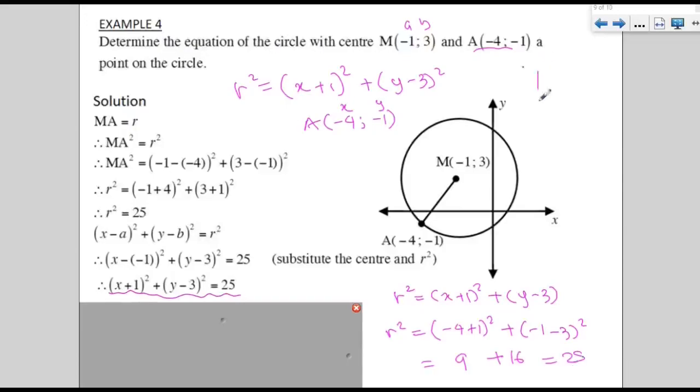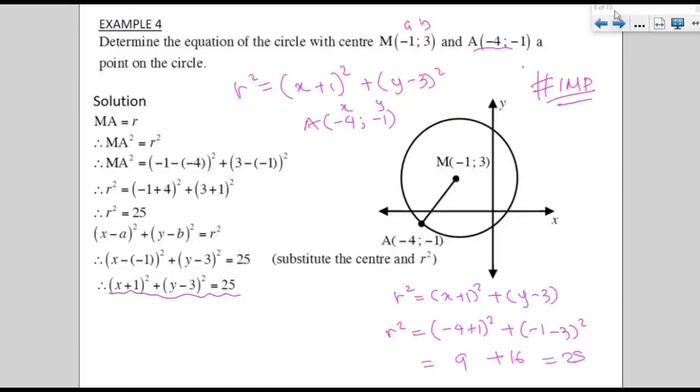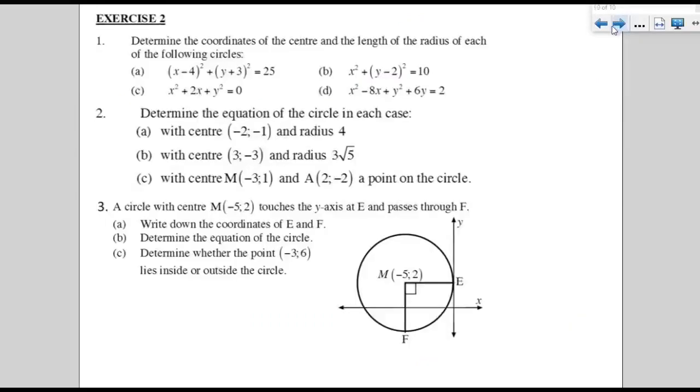Okay? Also very, very important. Please study this example twice before you do this. Look at which method you feel comfortable. Recommendation, this method that we wrote here. Practice makes perfect. Your homework for today is